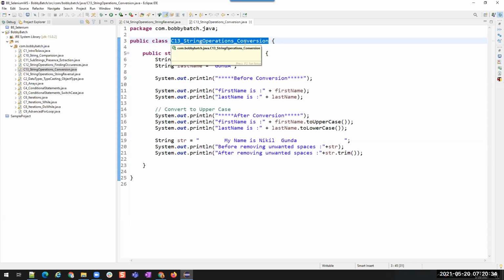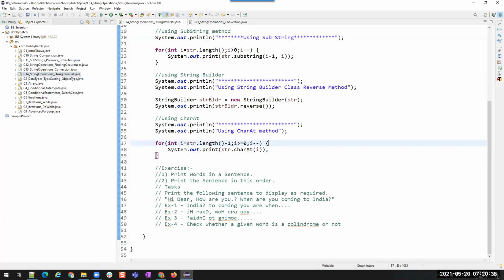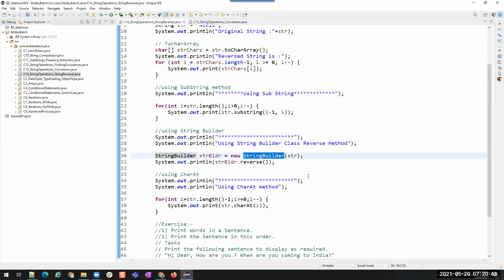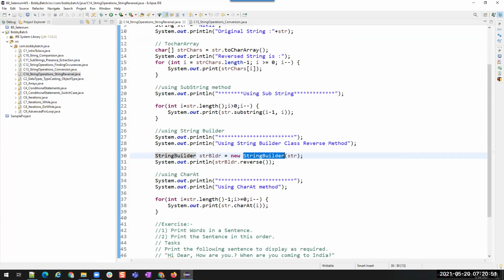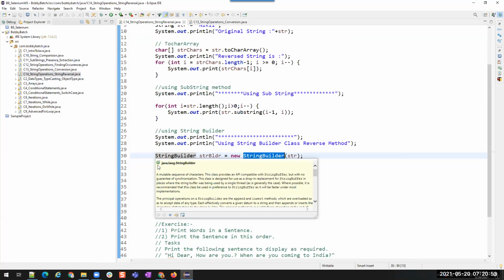So for example, where did we create the string reversal? Yeah. You see here, what is StringBuilder? I'll hover over it. You see, what is it saying? Okay, this is a method. You see, what is it saying? It's a class, right? On the green circle, you see a letter C and then F. So it is a final class.